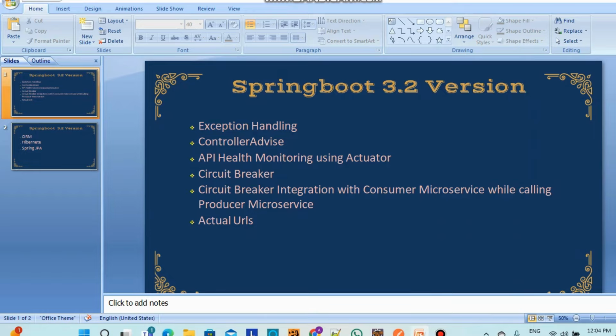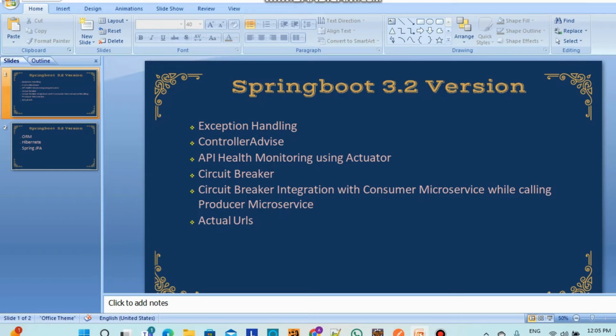Let's say there is some negative scenario, any error scenario. Let's say the consumer is calling the producer, but the producer is not able to fetch the data due to a database exception, or any business logical error, or products not found, any kind of product data error. It could be multiple reasons, right? So in that case we handle the exception, like in Java we used to say try catch block. That is the traditional way of exception handling, but when it comes to Spring Boot,